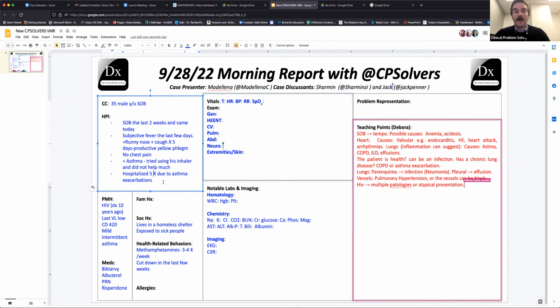The good news about this gentleman's underlying HIV is that it's very well controlled. We see that the viral load is undetectable, and the CD4 count is at a level that suggests a lack of substantial immune compromise, right? So then we have to ask ourselves a question: which pulmonary diseases is this gentleman at increased risk for, despite the good control of his HIV and the normal CD4 count.